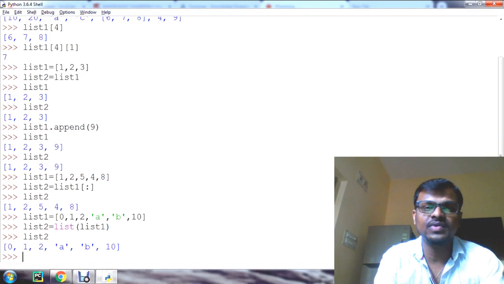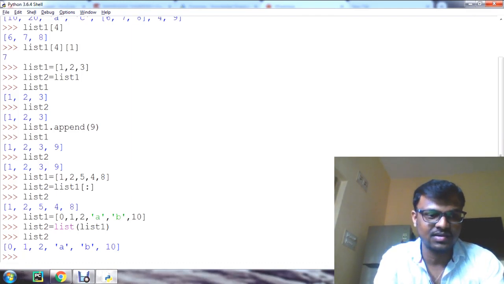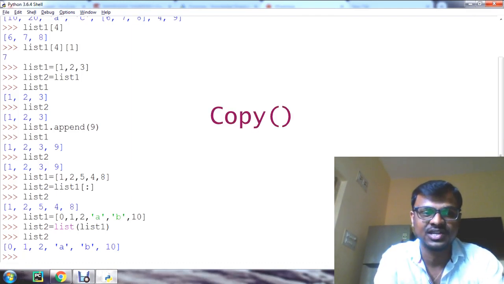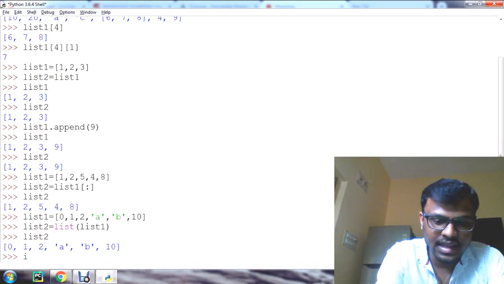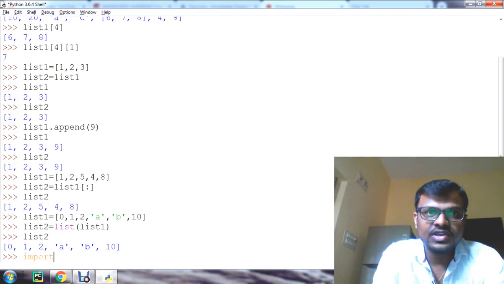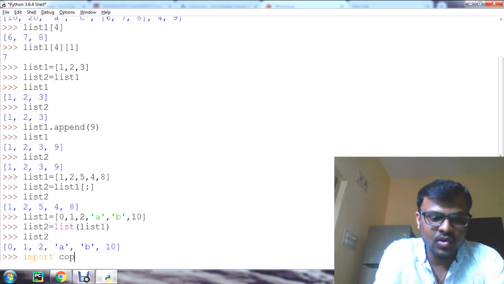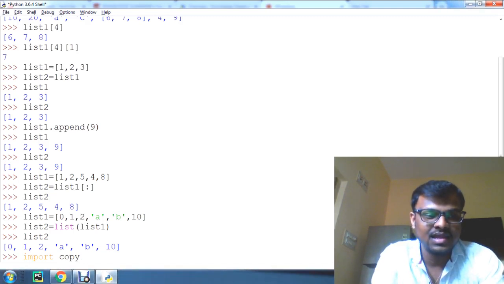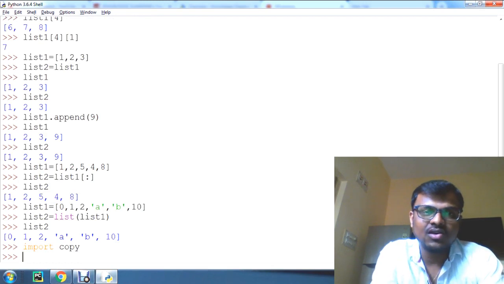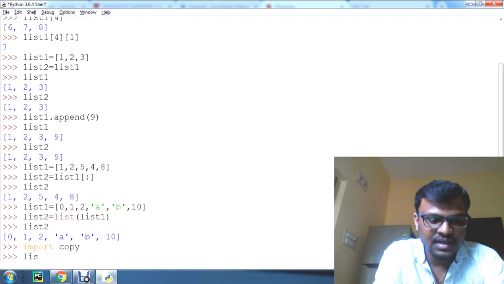Well guys, we'll see the next method, that is using the copy function to copy the elements of a list. To use the copy function, we should use the statement called import copy first. We should import this library function, the copy function. Now the copy function is imported. Now let us perform the copying of list 1.